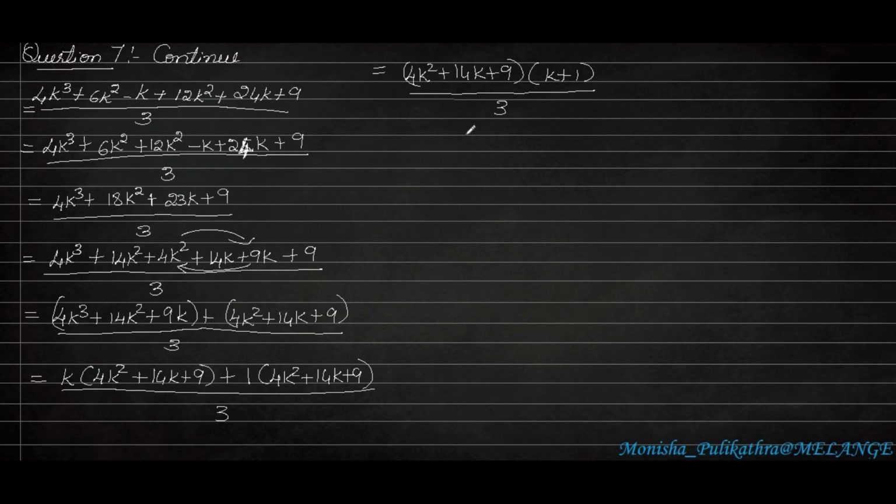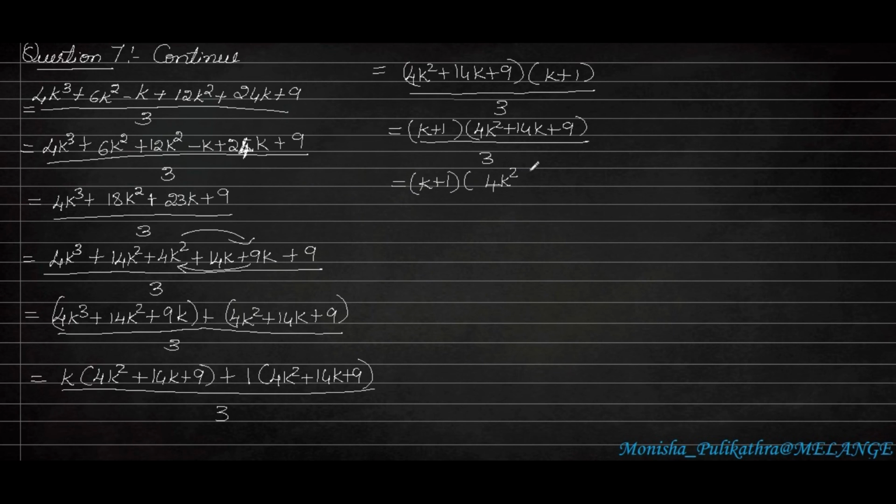Okay, and again we have to make some interchanges. So k plus 1 I will be writing in the first form. In first place I will be writing this one. Next is 4k square plus 14k plus 9, whole divided by 3. So next we have to make one more interchange here. K plus 1 we have to write in the same way. In the next form, 4k square write as it is. The question is a little bit trickier, but if you practice it properly you will get that.